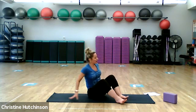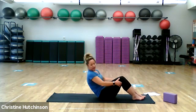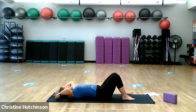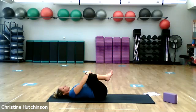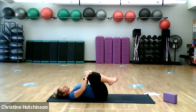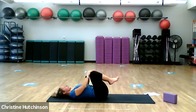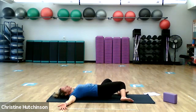All of us are going to come down onto our backs. So slowly rolling down onto your back. And take a moment here to hug your knees into your chest and rock side to side. Really allow that lower back to release. Maybe move your head side to side. Just really letting go. Any twist that you enjoy here, it can be a windshield wiper like we did earlier,